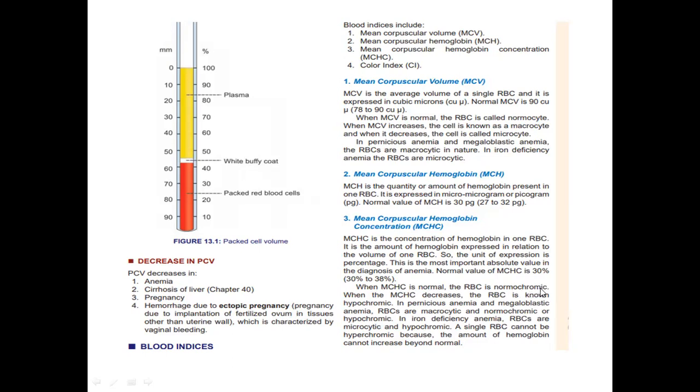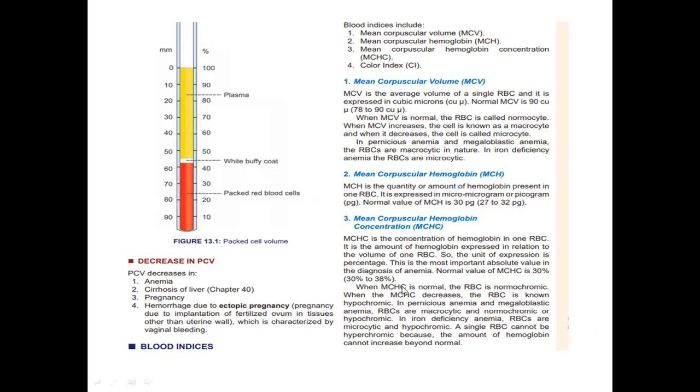Normochromic, so it will have normal color. When the mean corpuscular hemoglobin decreases, the red blood cell is known as hypochromic. So there will be a decrease in the color, or in the color index of the blood. Now, under what condition do we have